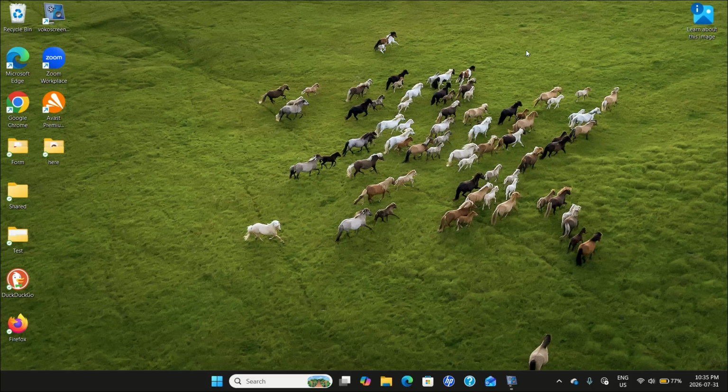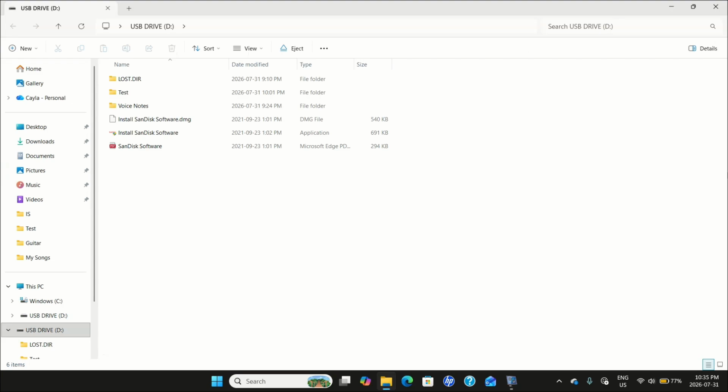that you want to rename. So you're going to plug it into your computer. Now mine automatically opens as it just did. If yours doesn't automatically open, you'll have to go into File Explorer and go into the jump drive. As you can see in the tab at the top here, it says USB drive D. Down here it says USB drive D, and then under this PC we have USB drive D and USB drive